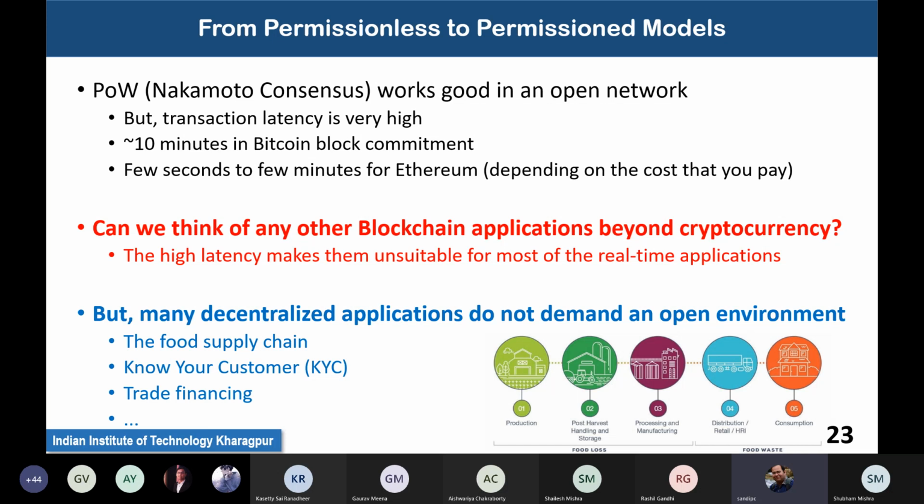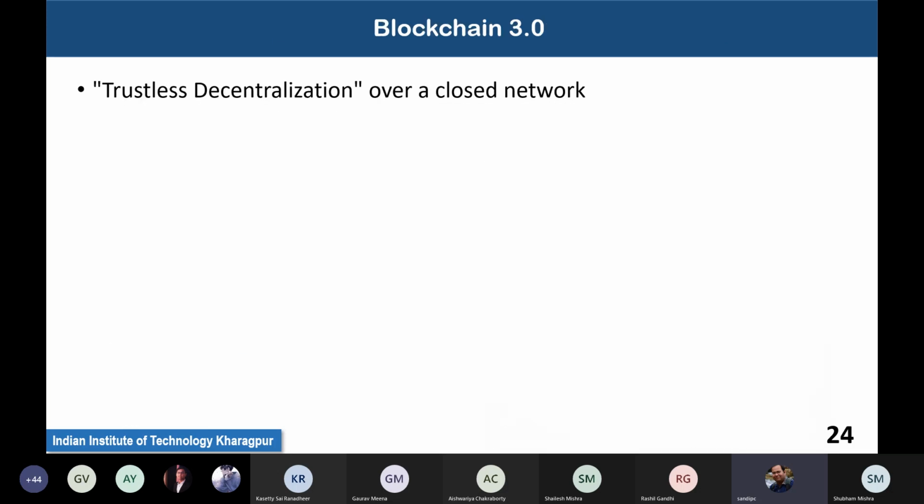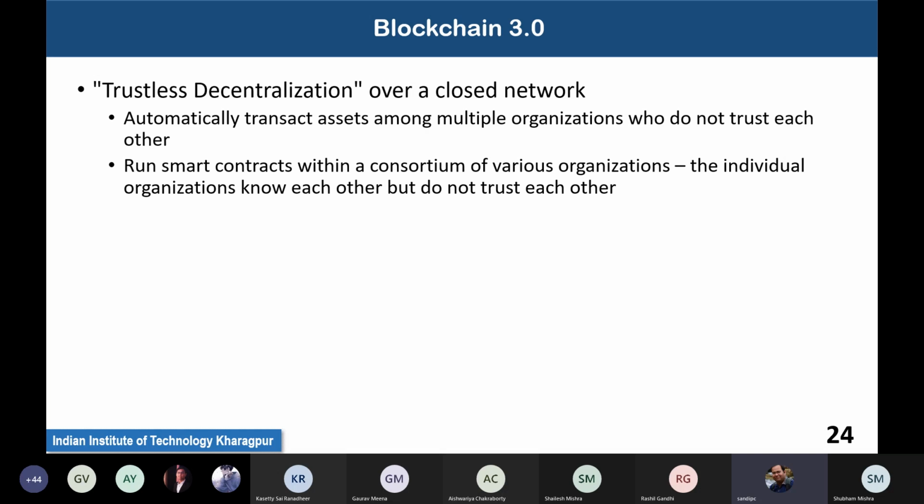Now the question comes: can we support trustless decentralized applications on top of a closed network? And from there this idea of blockchain comes into practice. So what does it mean? I would like to automate